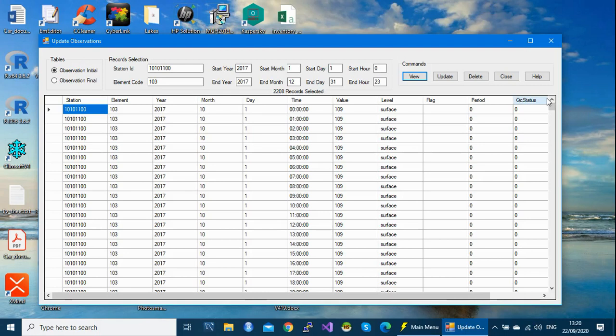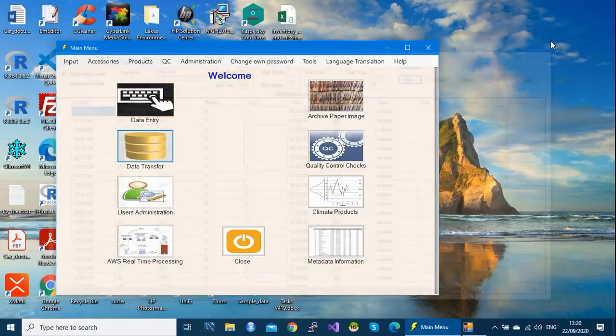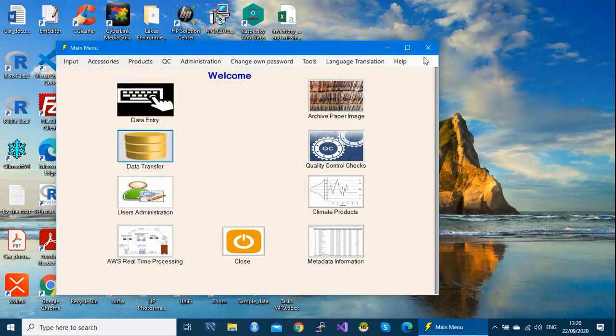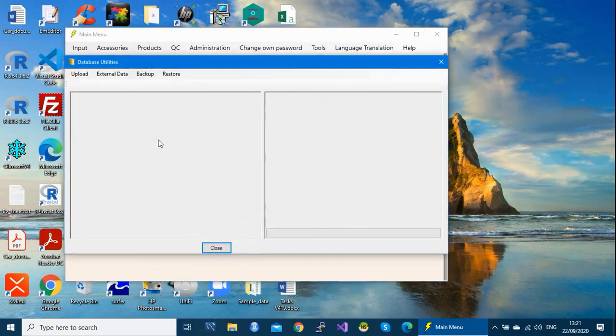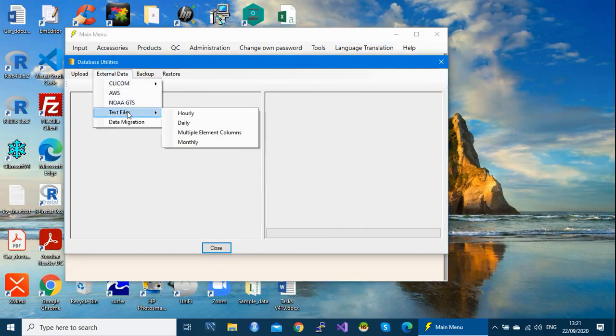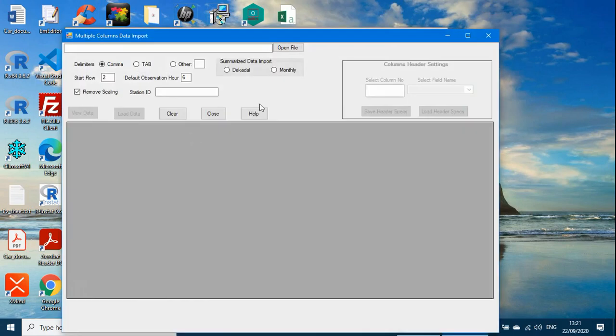So my next scenario, I'm going to show you how to import now daily data. It's almost the same process, but let's see how it works. So close this completely. So under ClimSoft still, you go to data transfer, external data, text files, multiple element.